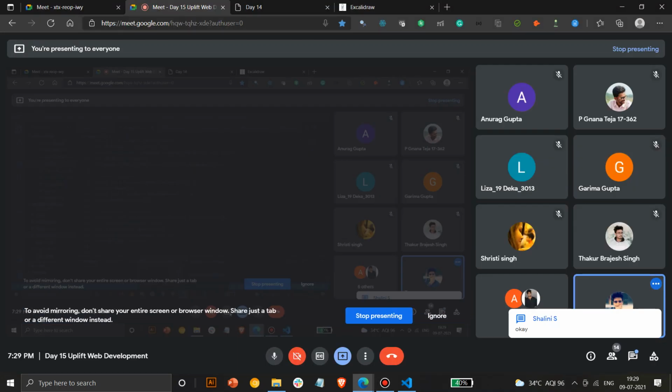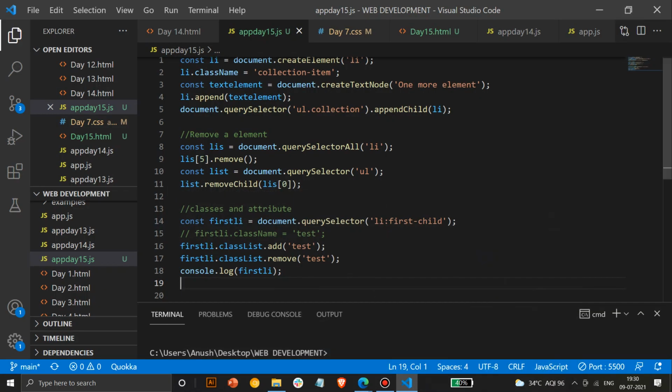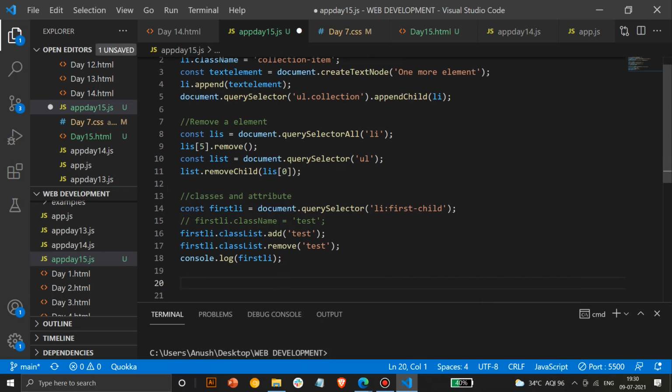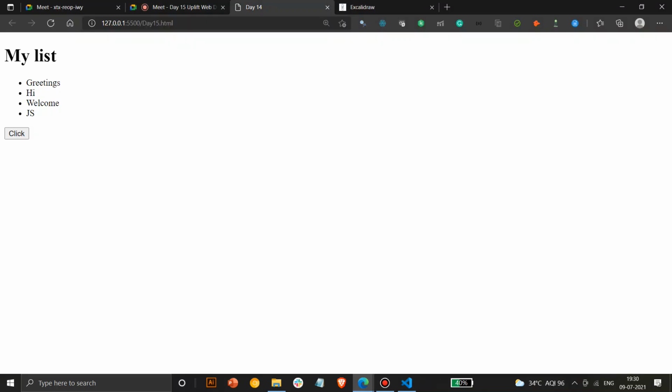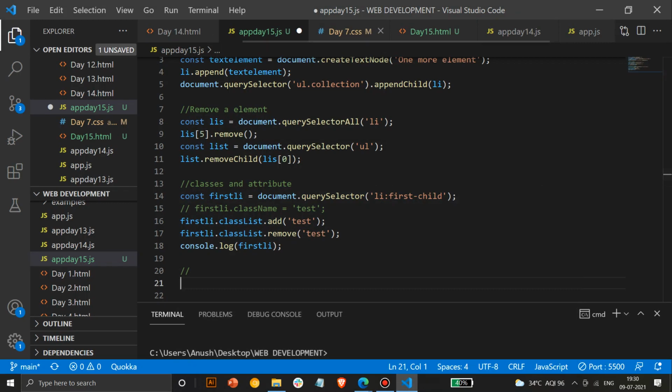Okay, great. I think till here everything is clear, so we'll move on to another aspect. Any doubts you still have, you can just stop me and I'll explain that part again. In this case we have learned how to modify classes. We can also add attributes. Suppose you have to add an attribute: on clicking of a specific list, you have to modify some attribute. We'll just see what attributes are present in a list.